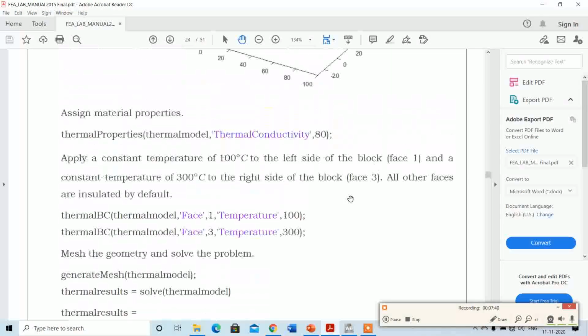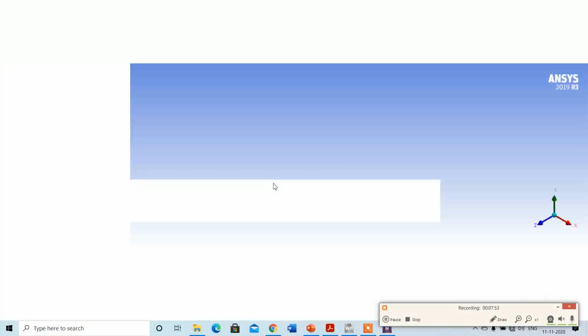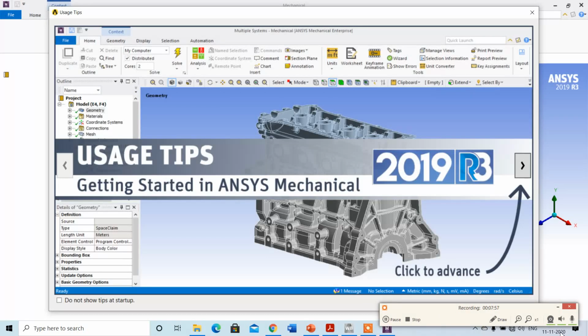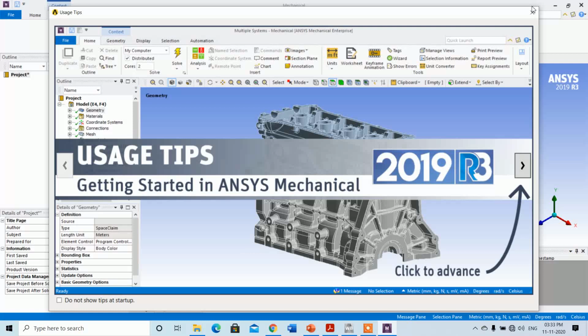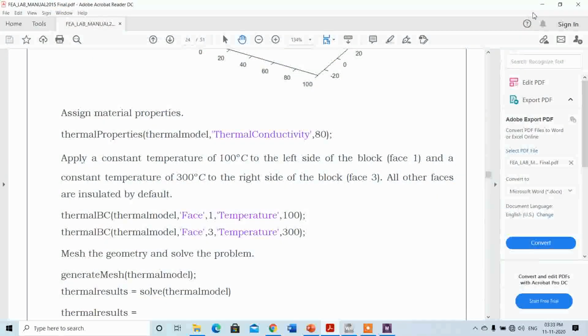The boundary condition applies a constant temperature of 100 degrees Celsius to the left side of the block, that is face 1, and a constant temperature of 300 degrees Celsius to the right side of the block. Okay, so here we can check. Close this, and just open.